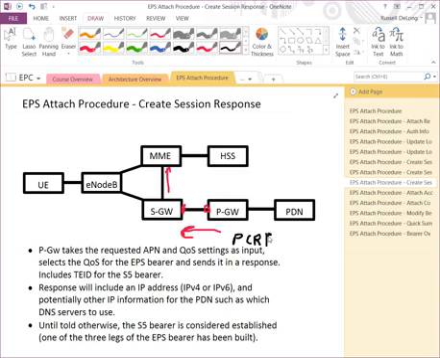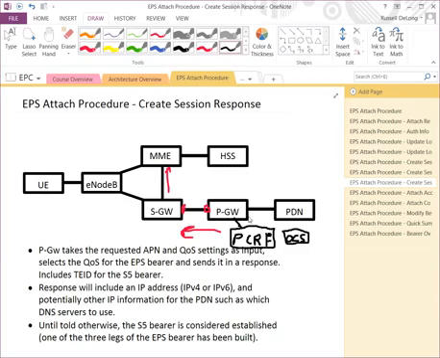So where the HSS has high-level, all-the-time policies for the subscriber, the P gateway could query the Policy Control Rules function, and it could have built-in logic to say, oh, at 2 in the afternoon it's busy hour, so don't give him those QoS settings, give him lower QoS, or potentially lower data rates. You could talk to an online charging server,